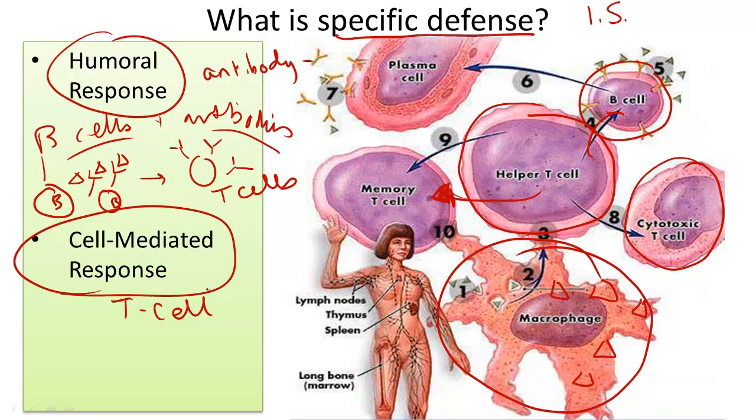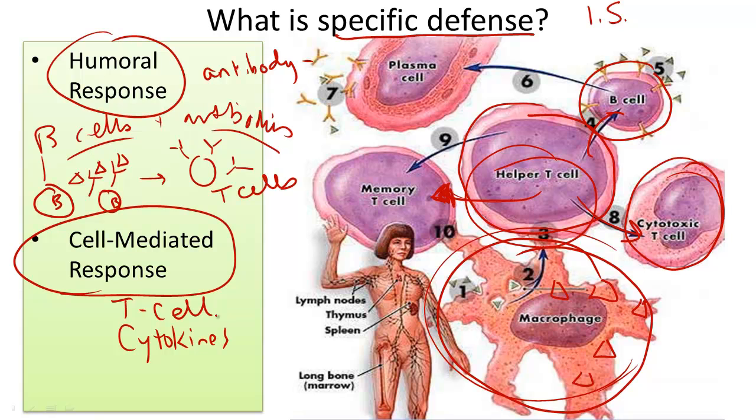What happens is the macrophage will engulf an antigen, display it on its membrane, and then signal for the right helper T cell to activate the cytotoxic T cells. And what these guys do is they destroy pathogens and release chemicals called cytokines. Cytokines further activate the immune system to bring other lymphocytes, or white blood cells, to where they are